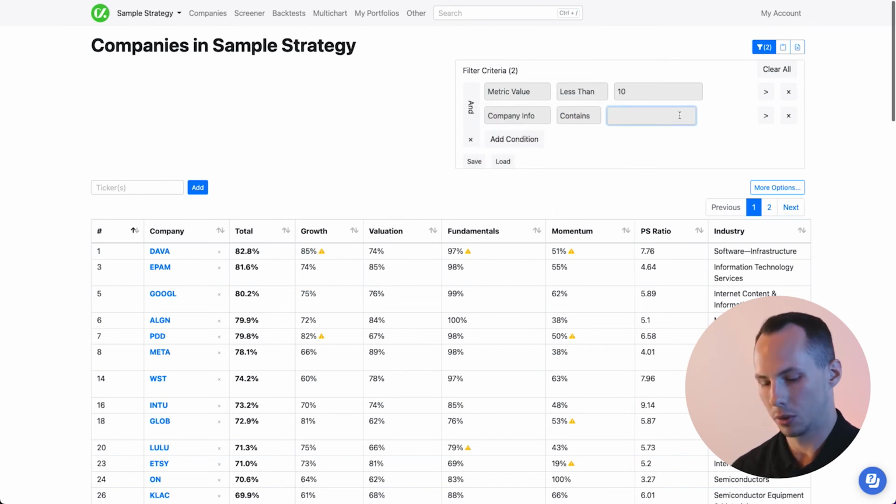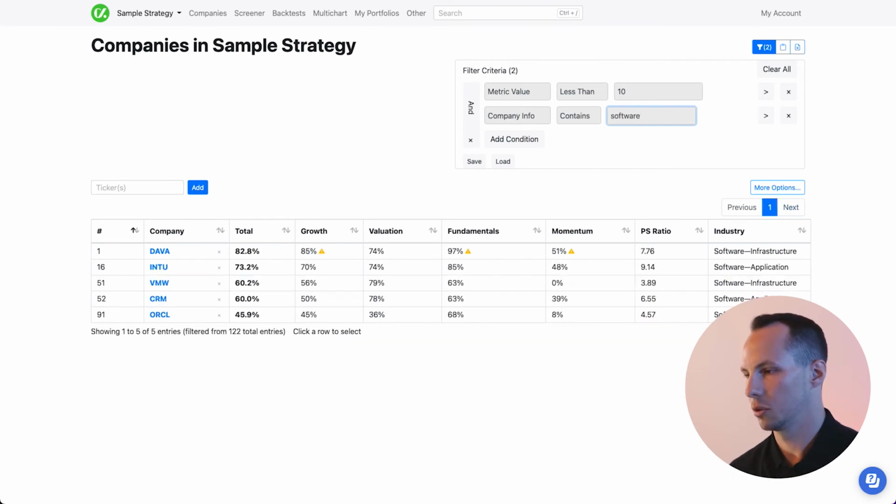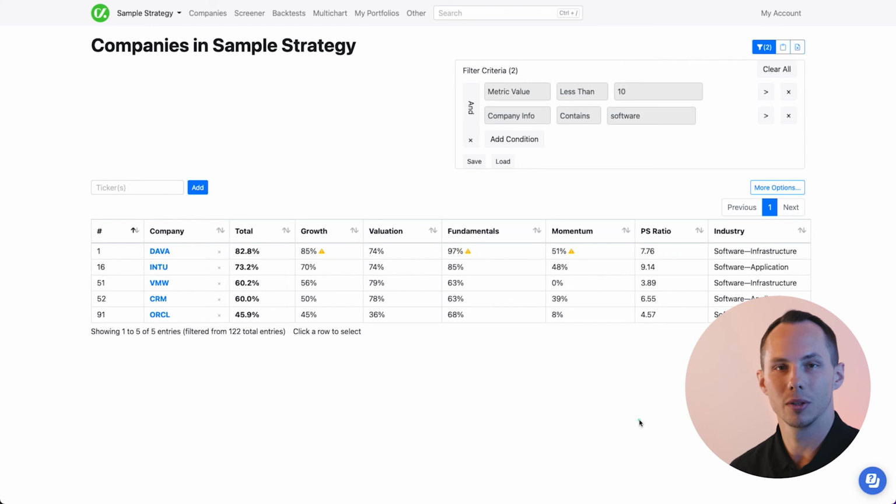Let's say I want it to contain software. And as you can see here, it doesn't matter if it is software infrastructure or some other industry containing the word software in the name. It shows here on the list, together with the price to sales ratio as specified by me.